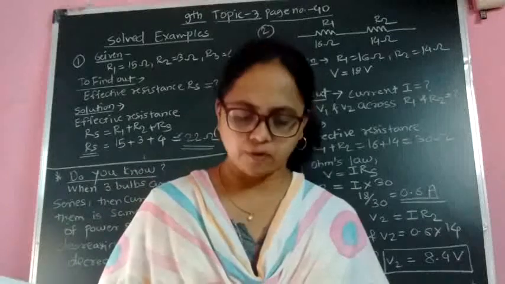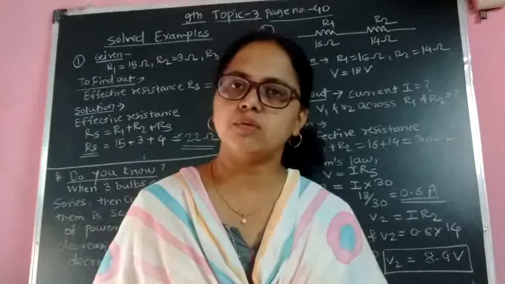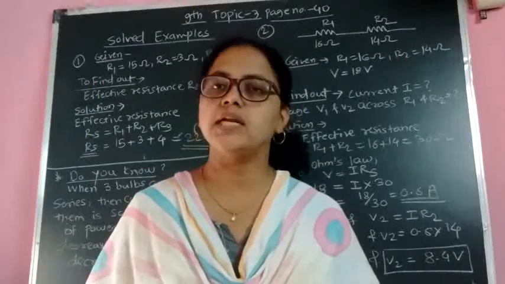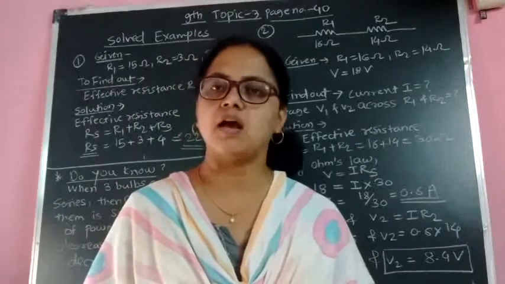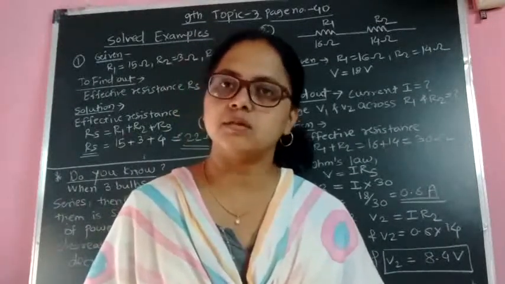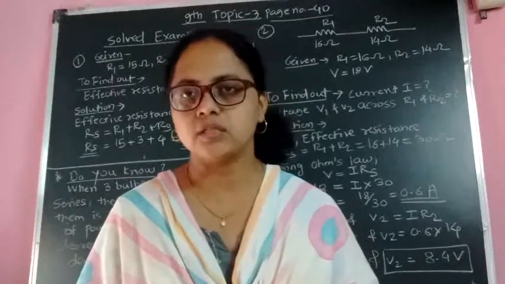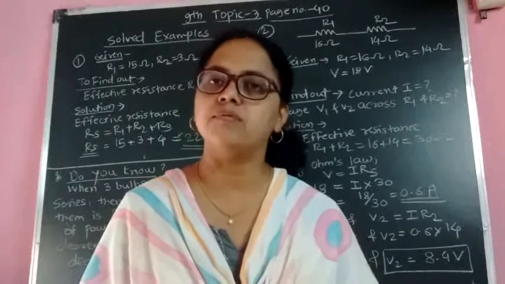Point on page number 40, you can see the resistors. There is one information box. If resistors are connected in series, then what will happen? Suppose resistors are connected one after another, then what is the total resistance, what is the output voltage, and how much current will flow?